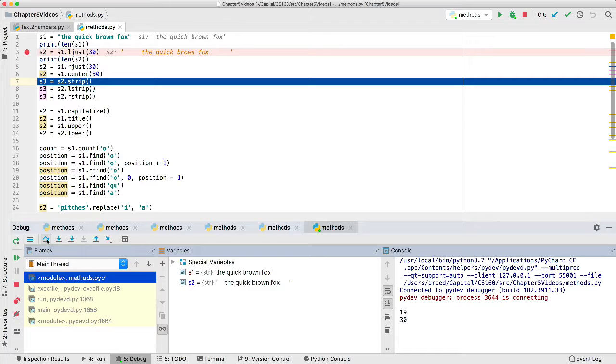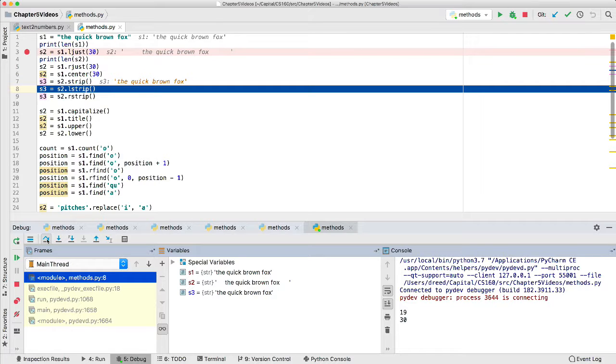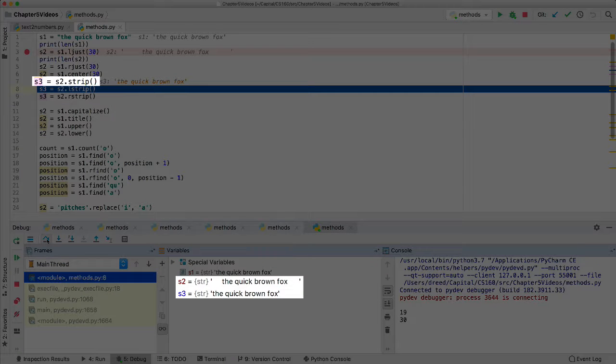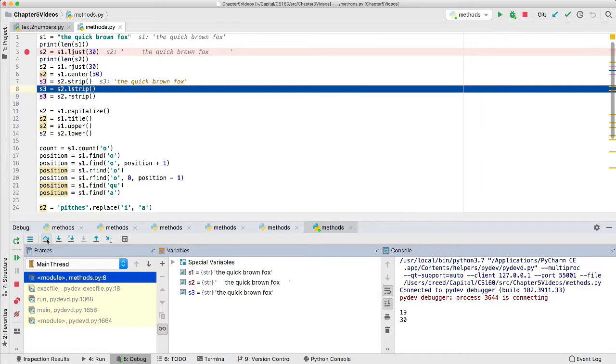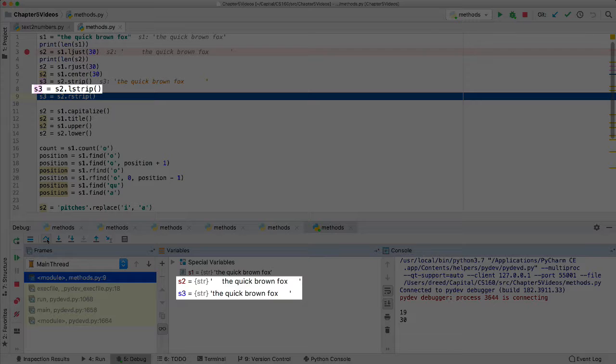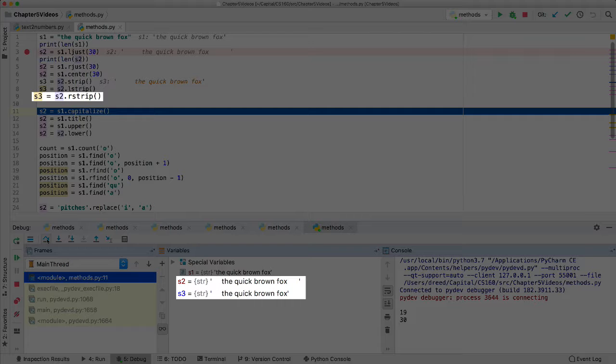The 3 strip methods remove any whitespace characters from the ends of the string. Remember, the whitespace characters are spaces, tabs, and newlines. We'll call them with s2, which is the centered string. The strip method removes whitespace from both ends of the string, so s3 is the same as s1 after calling s2.strip. The lstrip method removes whitespace from the beginning of the string, so s3 has no spaces at the beginning of it. The rstrip method removes whitespace from the end of the string, so s3 has no spaces at the